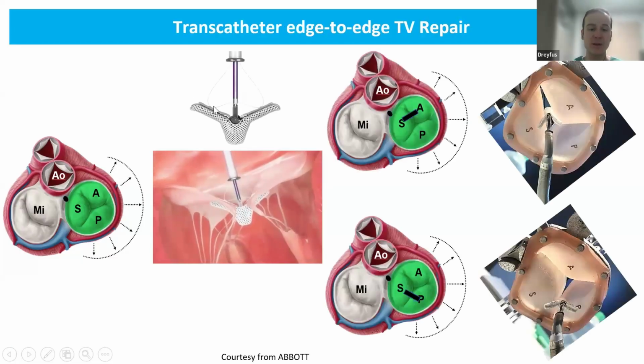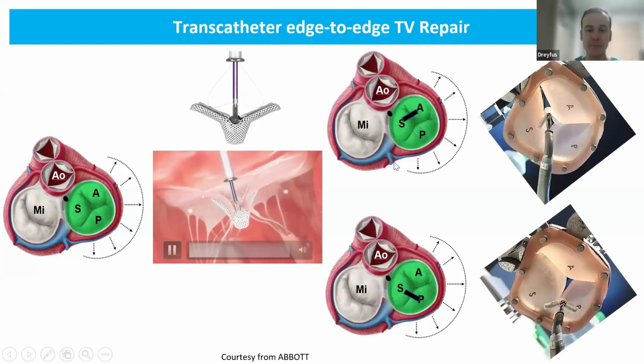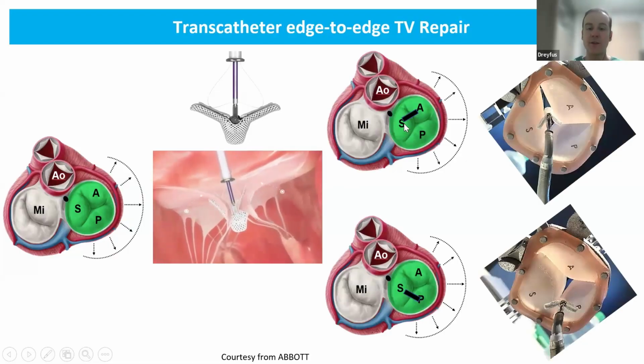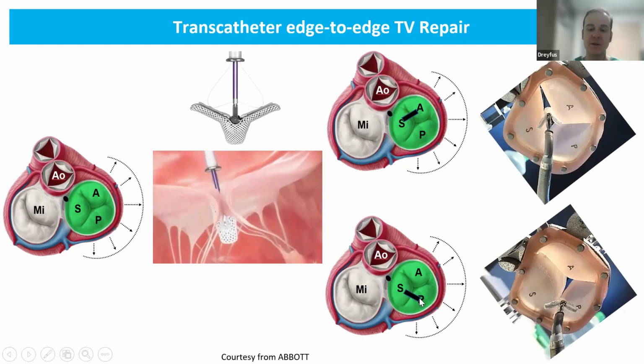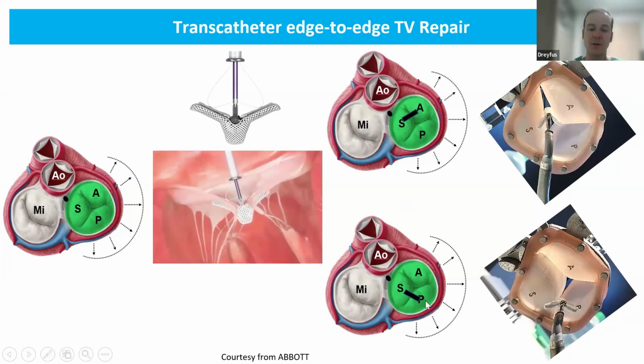And that's why when you are considering edge-to-edge repair, you always try to anchor the anterior leaflet to the septal leaflet or the posterior leaflet to the septal leaflet. So always between anterior and septal and posterior and septal, and never between anterior and posterior,